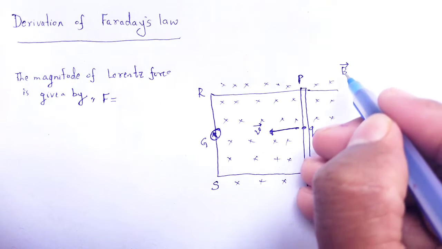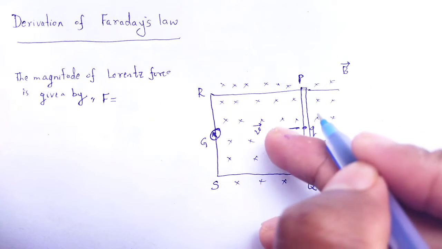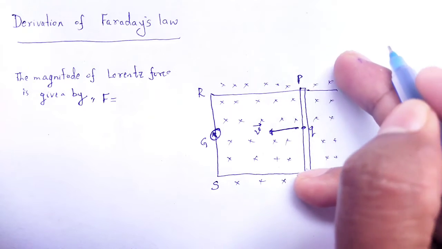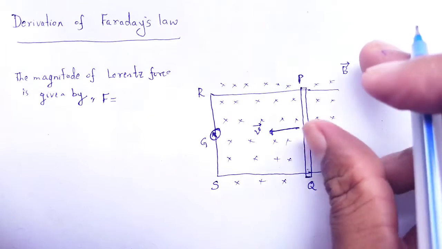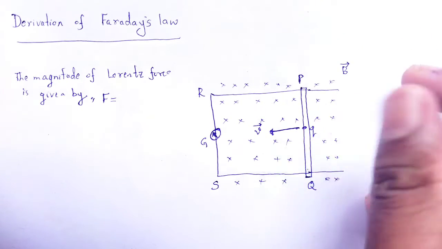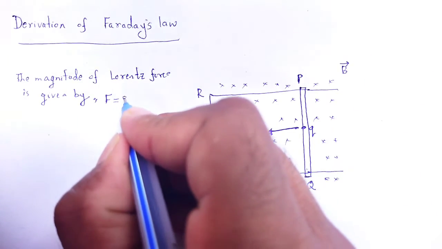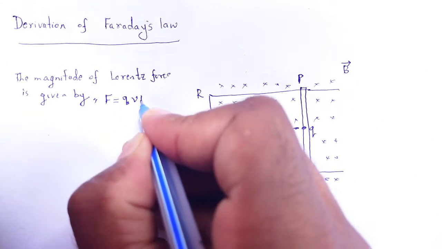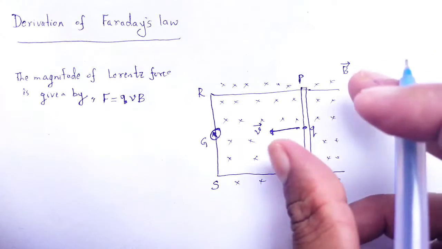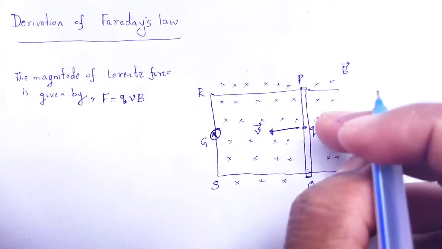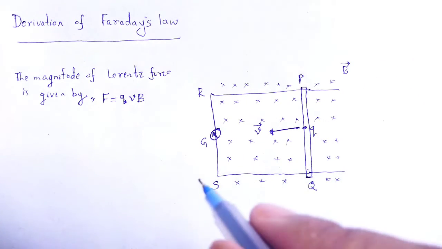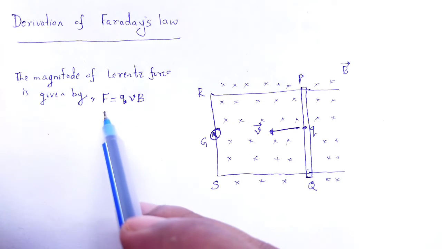So, V cross B, the direction of B and V are perpendicular with each other. So, sin 90 will be 1. So, Q V B is the force experienced on the charge Q,